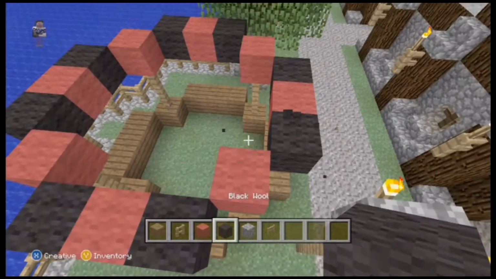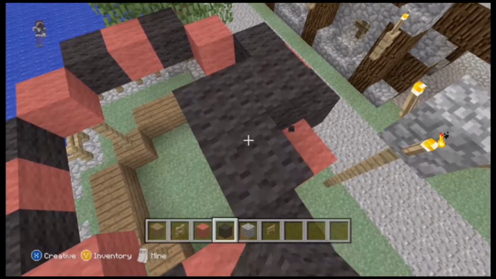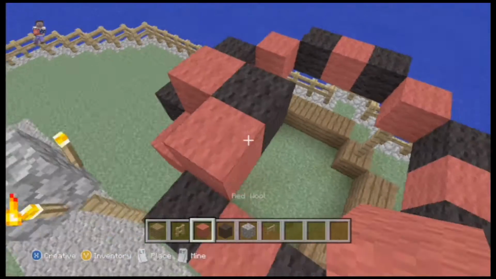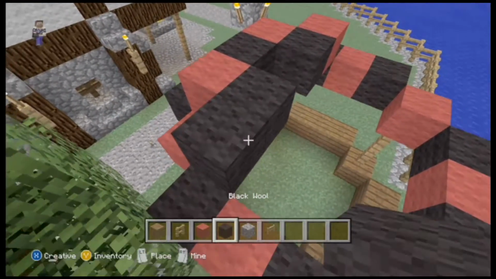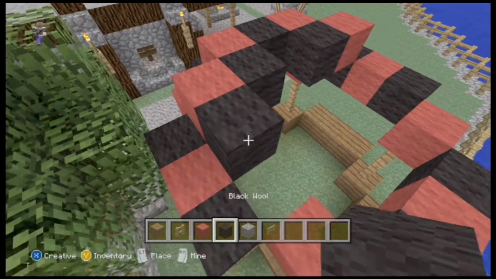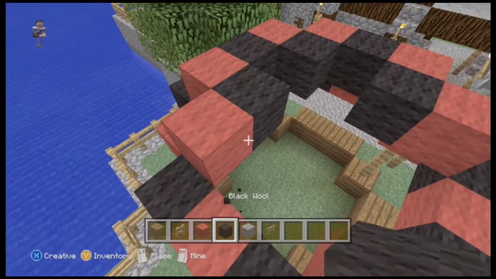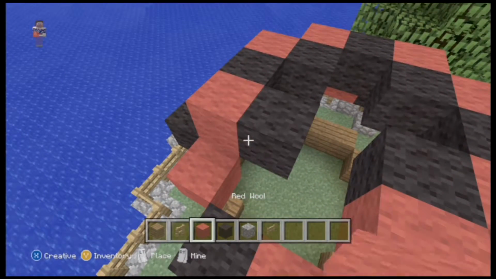And there, we have a whole ring around it right now, and now what we're going to do is just make that there. And I need to do that first, I'm sorry. Okay, and then a black one, then a red one. Oh, red, then black, then red, then black, then red, then black, then red, then black, then red, and then